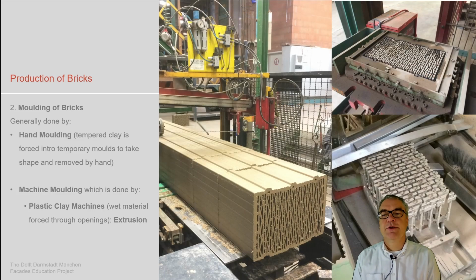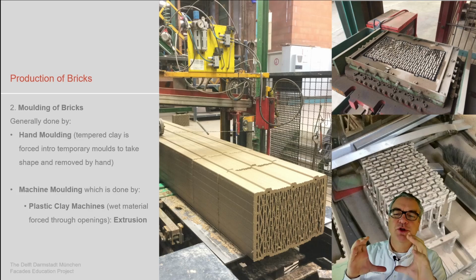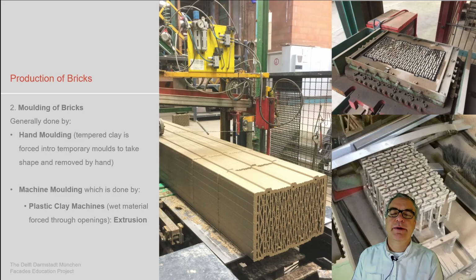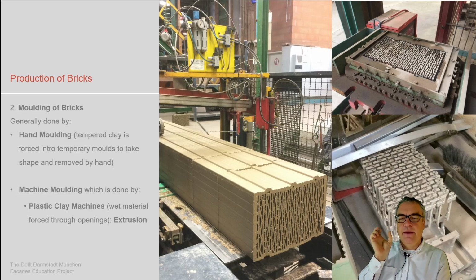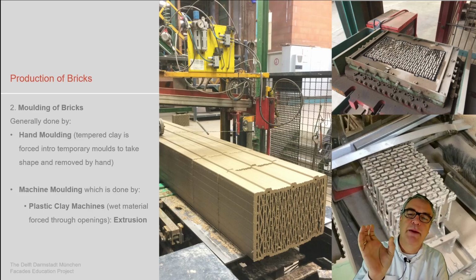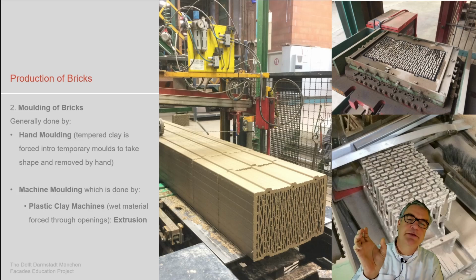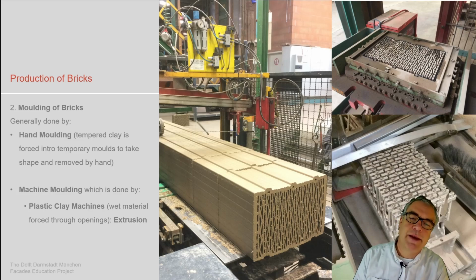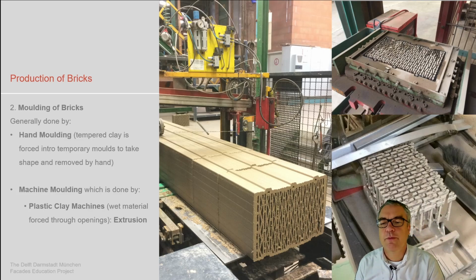The extrusion process picture which we show here is actually extruding an endless line of clay through a certain nozzle which creates the outer shape. And to create the inner shape as well, we see these molds, which are extrusion nozzles, which allow the clay to be pushed through the nozzle, and by that having these openings, like we see in the picture, to create a lighter brick. It's actually like extruding cookies with some inner openings being added. And you see the extrusion mold for the inner openings here.